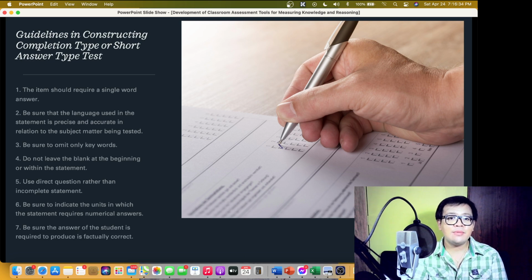So, first, the item should require a single word answer. Be sure that the language used in the statement is precise and accurate in relation to the subject matter being tested. Be sure to omit the keywords and do not leave the blank at the beginning or within the statement. You could also use direct questions rather than incomplete statements. And also be sure to indicate the units in which the statement requires numerical answers. And be sure the answer the student is required to produce is